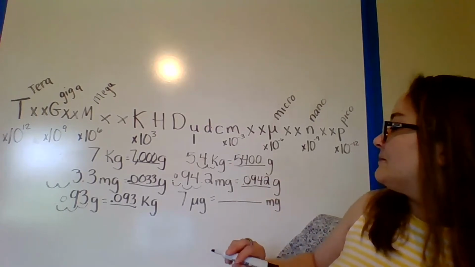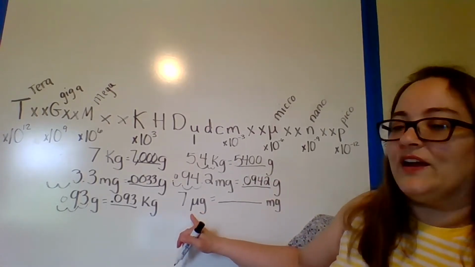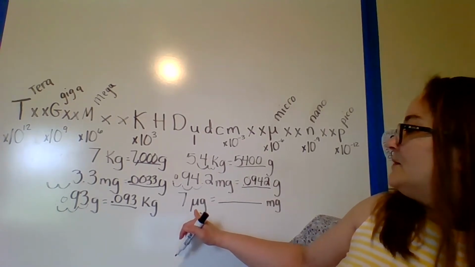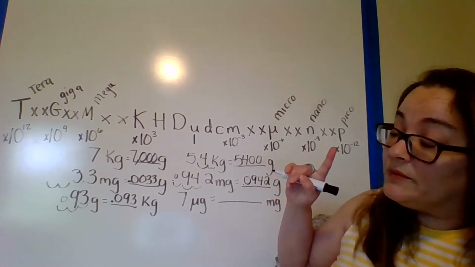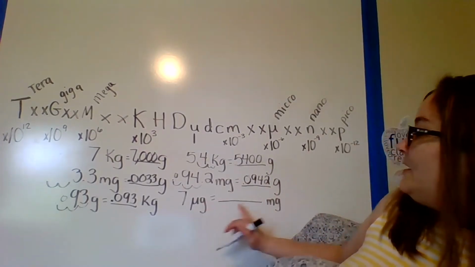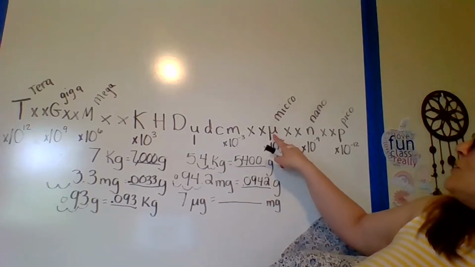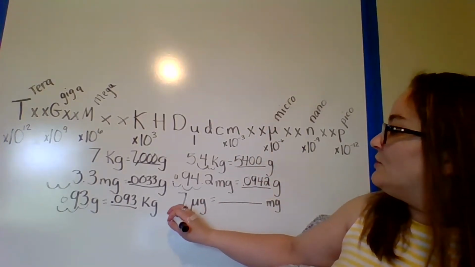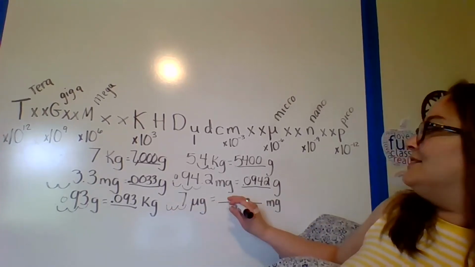0.0942 grams. And then here we get to use our fancy new unit, the micro. So microgram, or not micron, it would be micrometer, pardon me. The micro is the prefix. We're going to start on micro and end on milli. So that's 1, 2, 3 to the left. So 1, 2, 3 to the left means